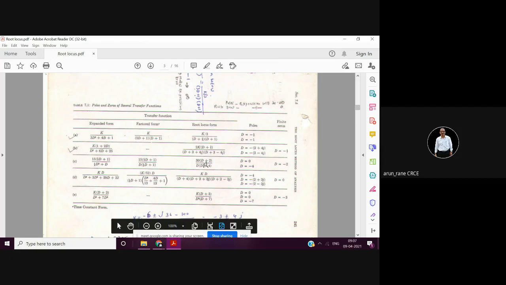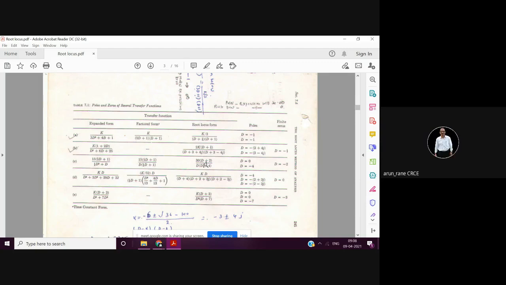Did you get any information about unit test 2 and the final exam? On the group, it was posted that the final exam will start on 22nd April. Yes, sir. Then before 20th, we have to complete UT1 and UT2. So same thing, for UT2 also I will send you the question bank. Like UT1, you have to do it. Maybe somewhere around 18th or 19th, we can keep that UT2.